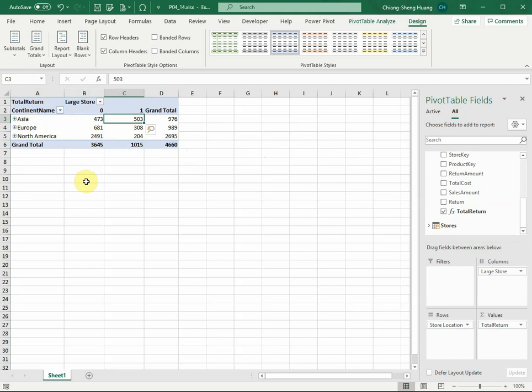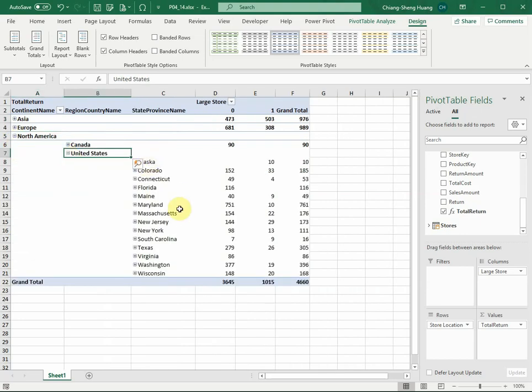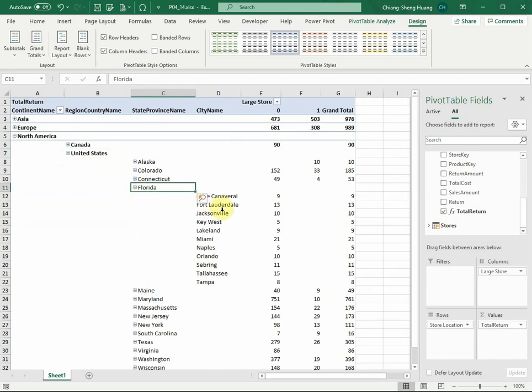Of course, if you want to know more, let's say that I want to know the number of returns in large stores and small stores in Florida. How would I know that? Well, I just have to expand North America, and then expand the next layer down, the United States, and then I can see Florida, and I can actually expand Florida into the different cities. Isn't that convenient? So now I can see that in Miami there are 21 returns in small stores,